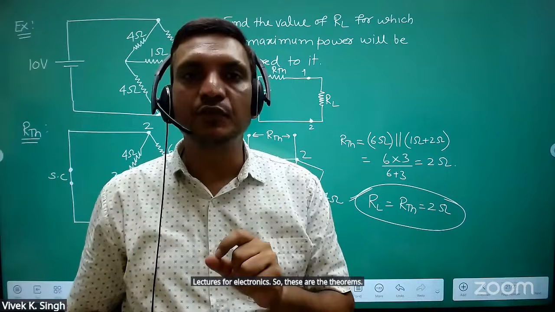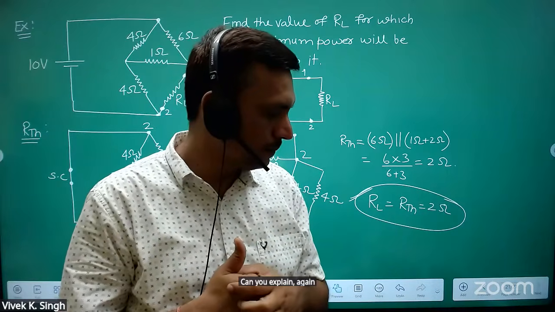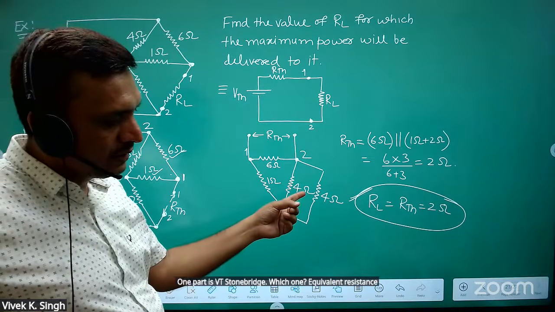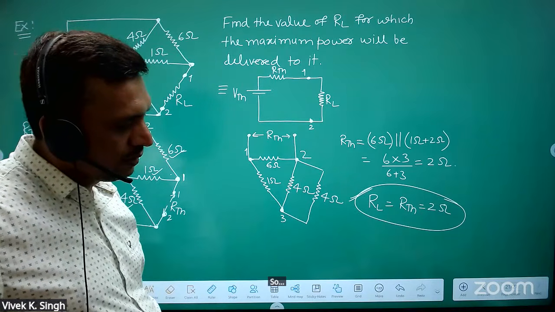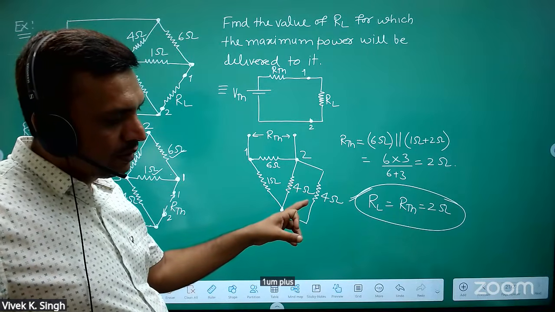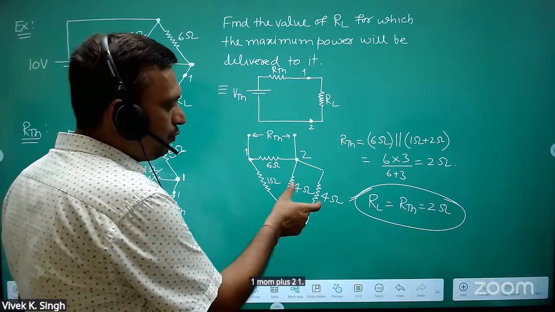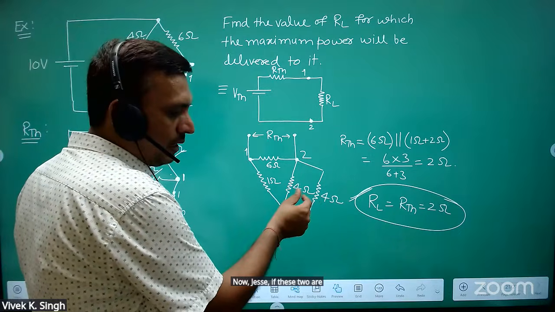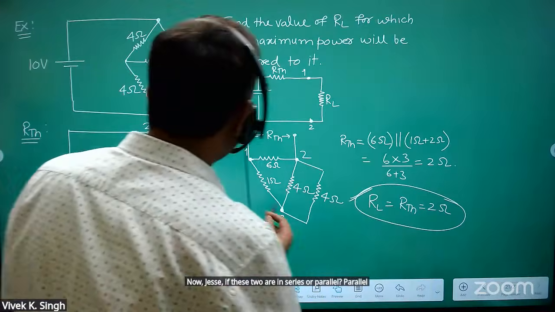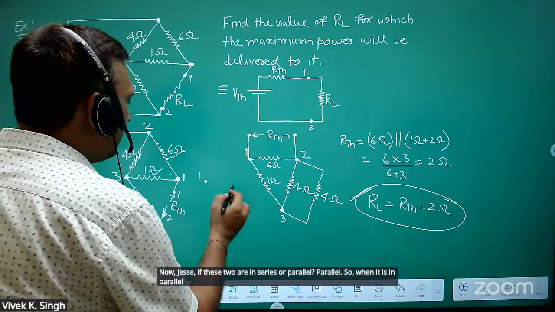Sir, can you explain the last step again? Which one? The equivalent resistance, sir. How can we write the equivalent resistance, 1 ohm plus 2 ohm? That step? No, just see if these two are in series or parallel. Yes, sir. Parallel. So when it is in parallel, this is 1, this is 2,